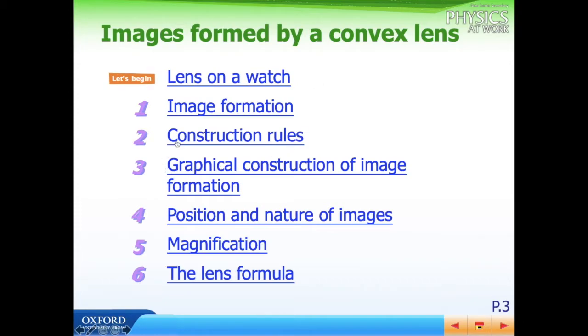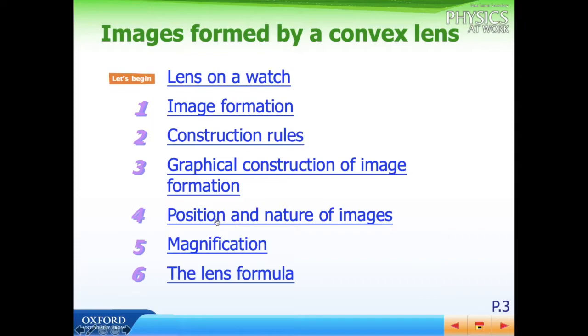Then we are going to apply these rules in section number 3, the graphical construction of image formation. Here, we are going to learn the steps on how we determine the image formed by a convex lens using a graphical method. After we discuss the graphical construction of image formation, we will proceed to section 4, where we discuss the nature or the characteristics of the images formed by a convex